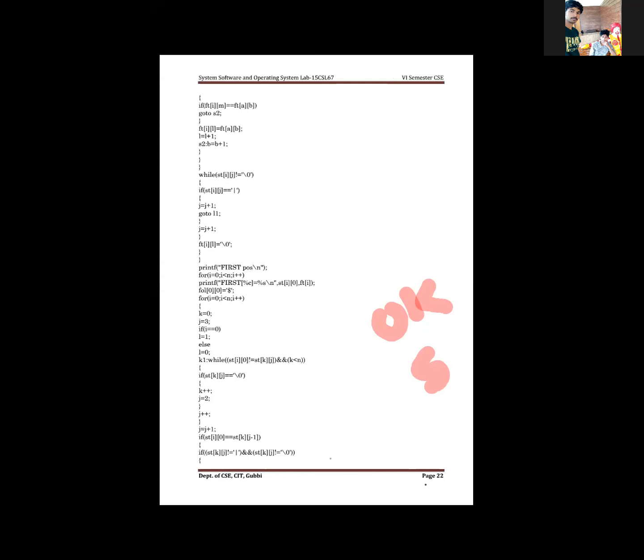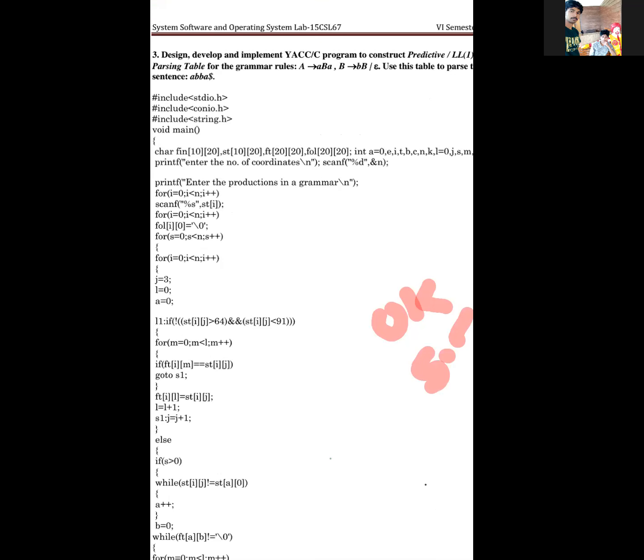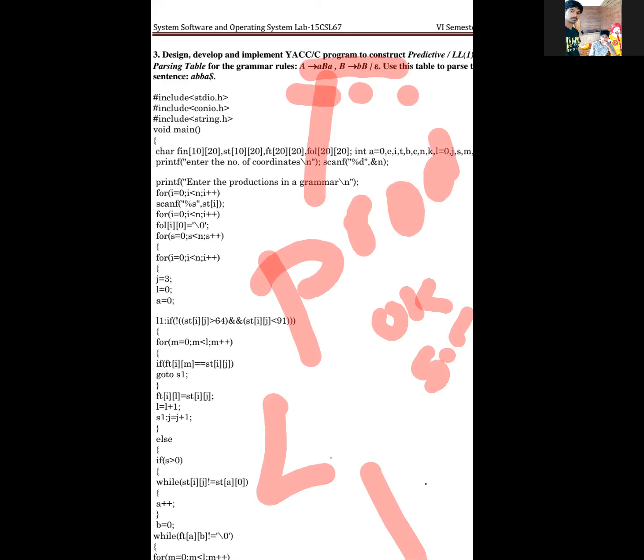See, this is your third program. In this third program I will tell you one thing, which we have already done in the classes. See, this is what you already know: context free grammar. These are productions. In all productions we have a left hand side and then a right hand side.